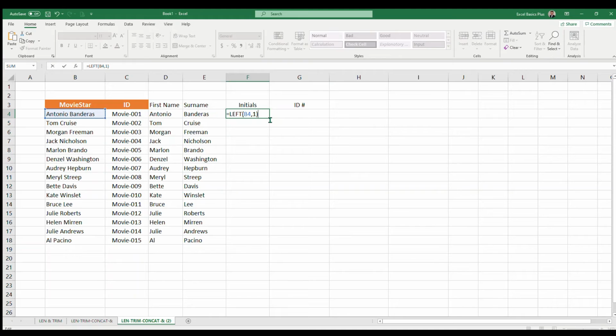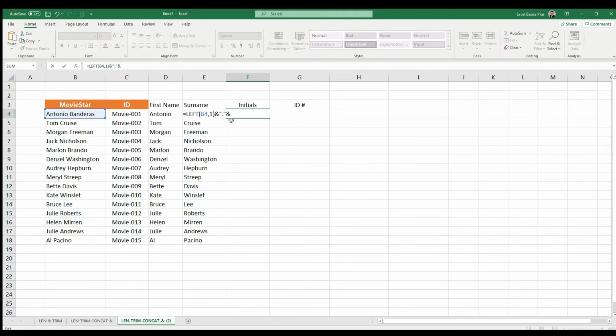Now, you might recall in previous videos where we've used the ampersand, the AND function, to include a space. Well, in this case, we're going to include a period, which means that we'll have letter, period, as their initials. So we're going to use the ampersand, and we're going to use parentheses around a period. And that now means that the result so far will be a period. The next piece we do is the ampersand, because this is the next part that we're adding in of these initials. The ampersand is literally saying, let's mash all this string of characters together. The first string that we're looking at is LEFT B4, comma 1, which is the letter A. It then says, oh, and add in the period,